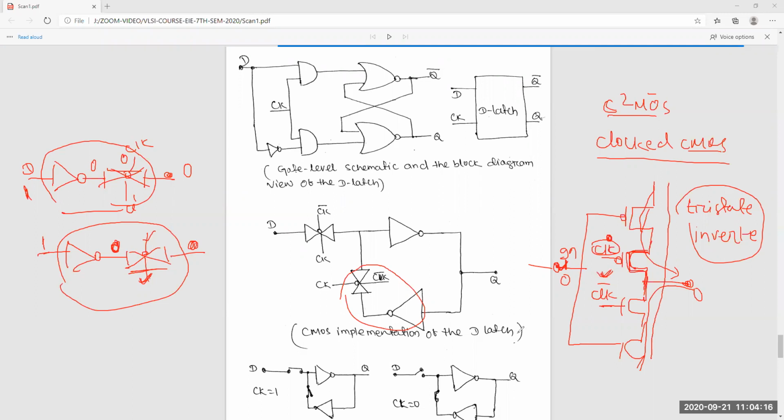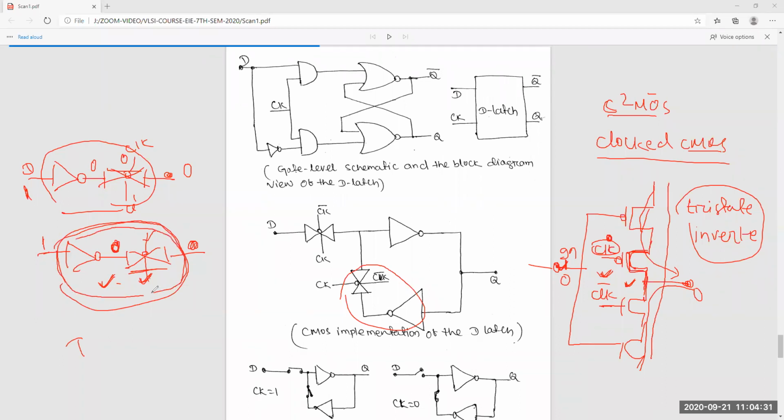But the difference is this circuit is somehow slower than that circuit. This is C-square MOS, and this is the TG based circuit. This TG based circuit is faster. Why?